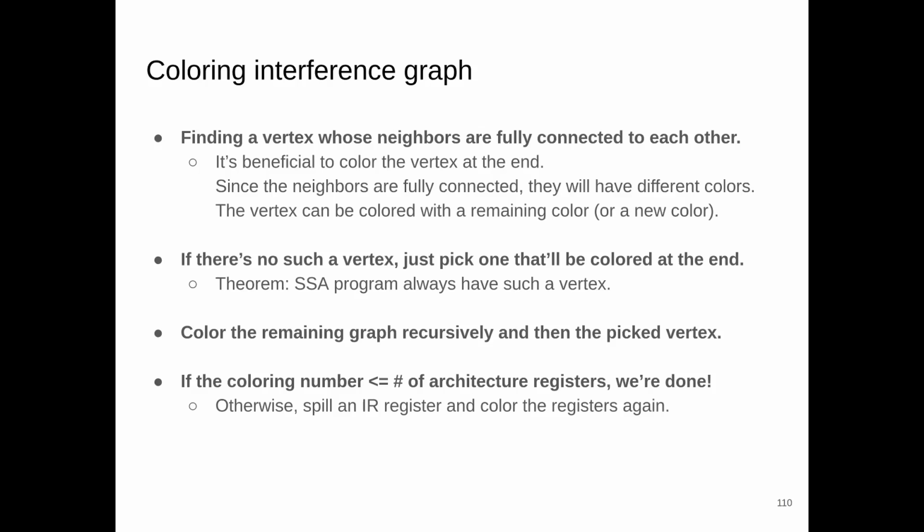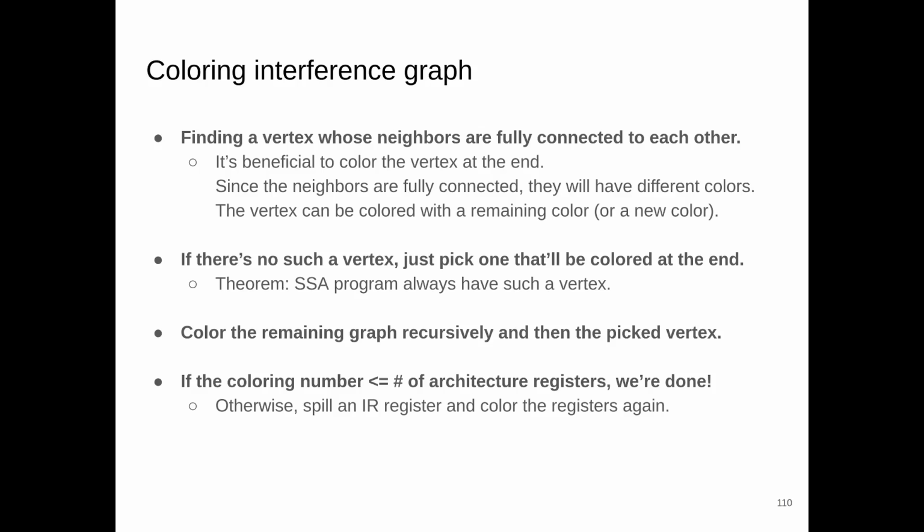And after that, you additionally color the removed vertex, and this color is very easy to determine because the neighbors are fully connected, so they are colored with different colors, and we need to pick a remaining color that is not used in the neighbors. You can just pick anything from the remaining colors that is not still used in the